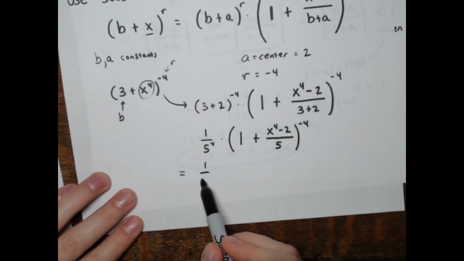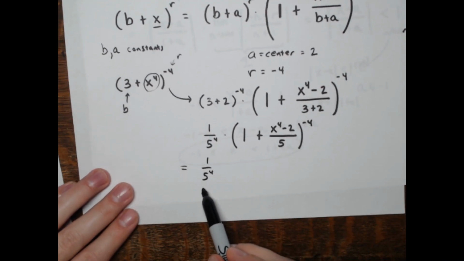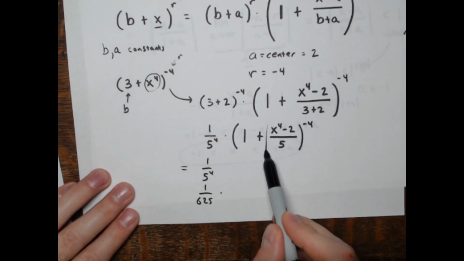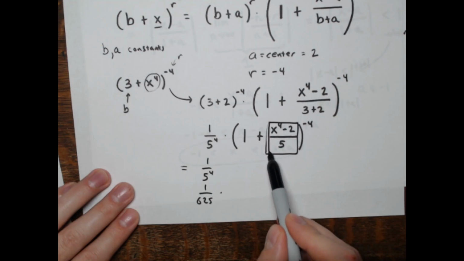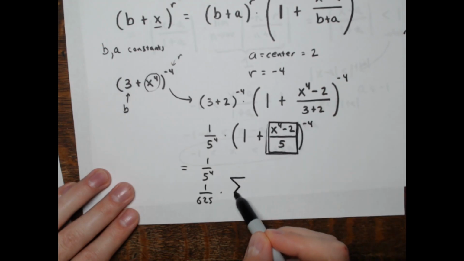This is 1 over 5 to the fourth, which would be 1 over 625, that's 25 times 25. So 1/625 times, like I said, this 1 plus something to the power can be expressed as the following sum,